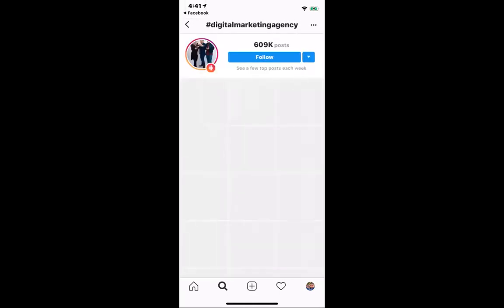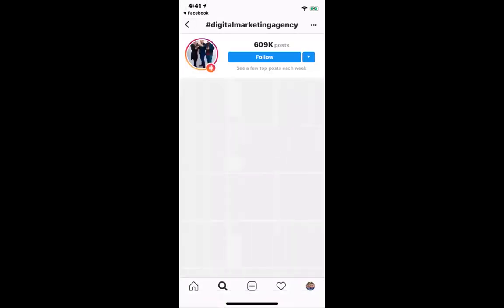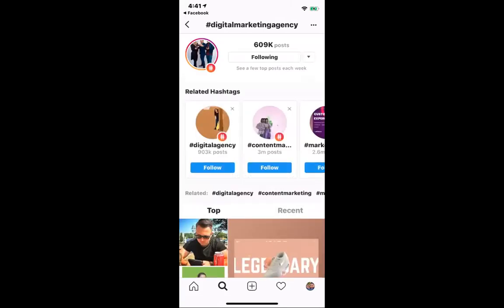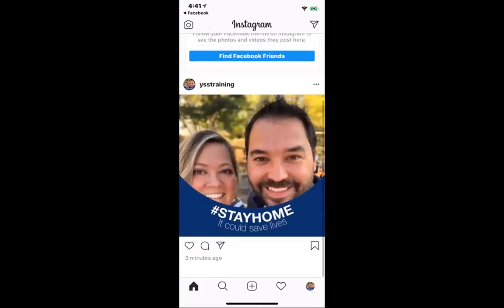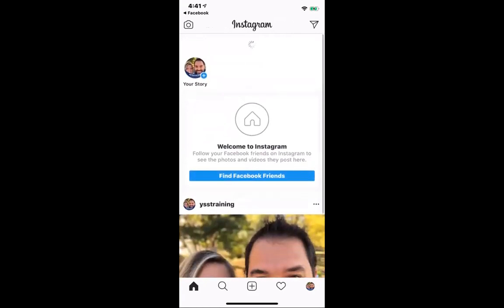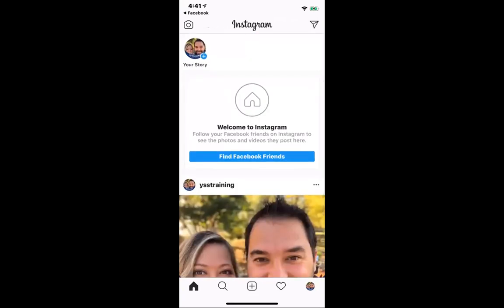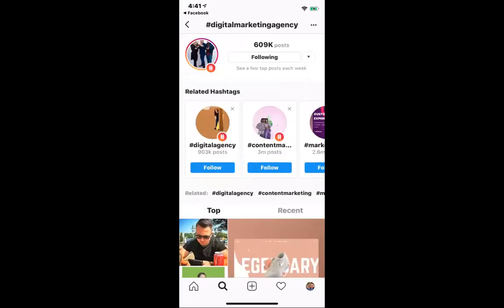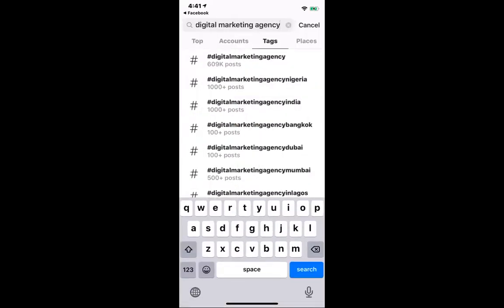So all I had to do, and I'll go back and show you, is just click on that hashtag and then click follow. So now by doing that, if I hit my home button here, and it might not show it quite yet because I'm not following much. What'll happen is this is kind of like my newsfeed area. And so as I start following more and more hashtags or accounts, it'll start showing posts with those hashtags in